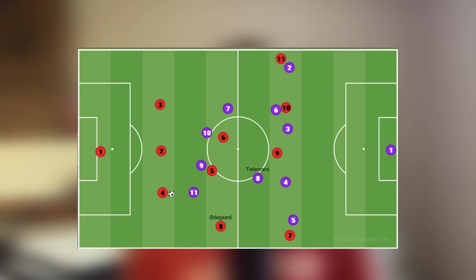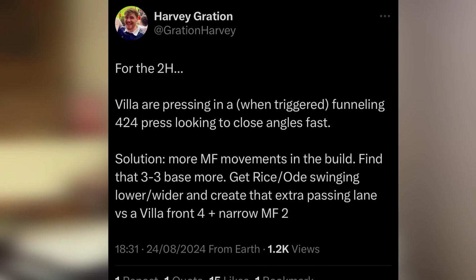For example, if it is Odegaard we're talking about, change his discipline in the pivot. Does he stay or does he go towards Odegaard and open up that third passing lane into midfield? And at half time I posted on X that need for us to find that 3-3 base more. Why? Well, of course, as I've been alluding to, we get that extra line through Aston Villa's first line of